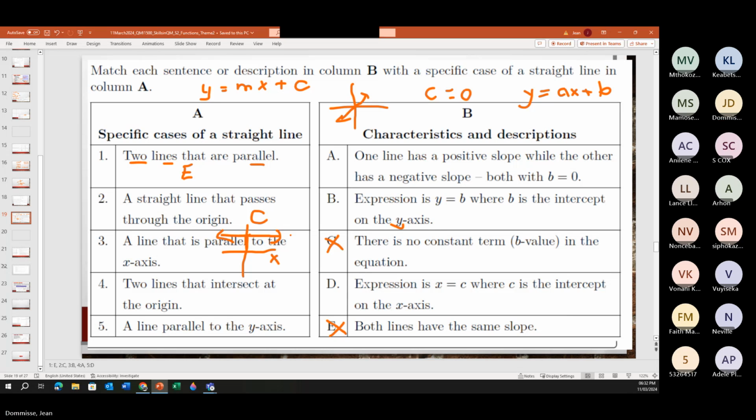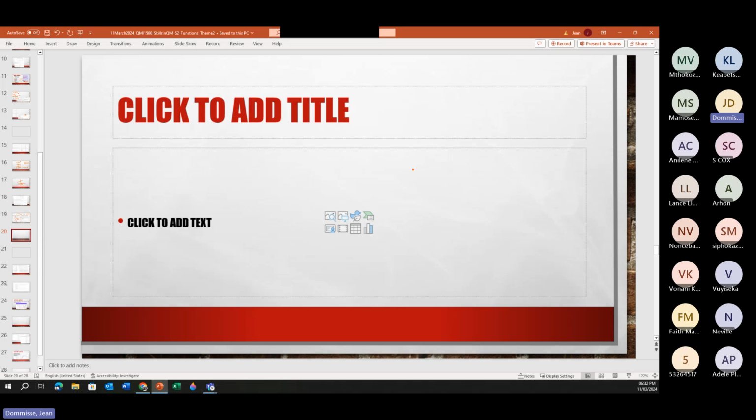So question 3 goes with option B. Okay, so we take that out of the equation. Two lines that intersect at the origin. One line has a positive slope while the other has a negative slope. Okay, so that is that, but let me quickly show you that in a diagram. So if we were drawing the x and y,